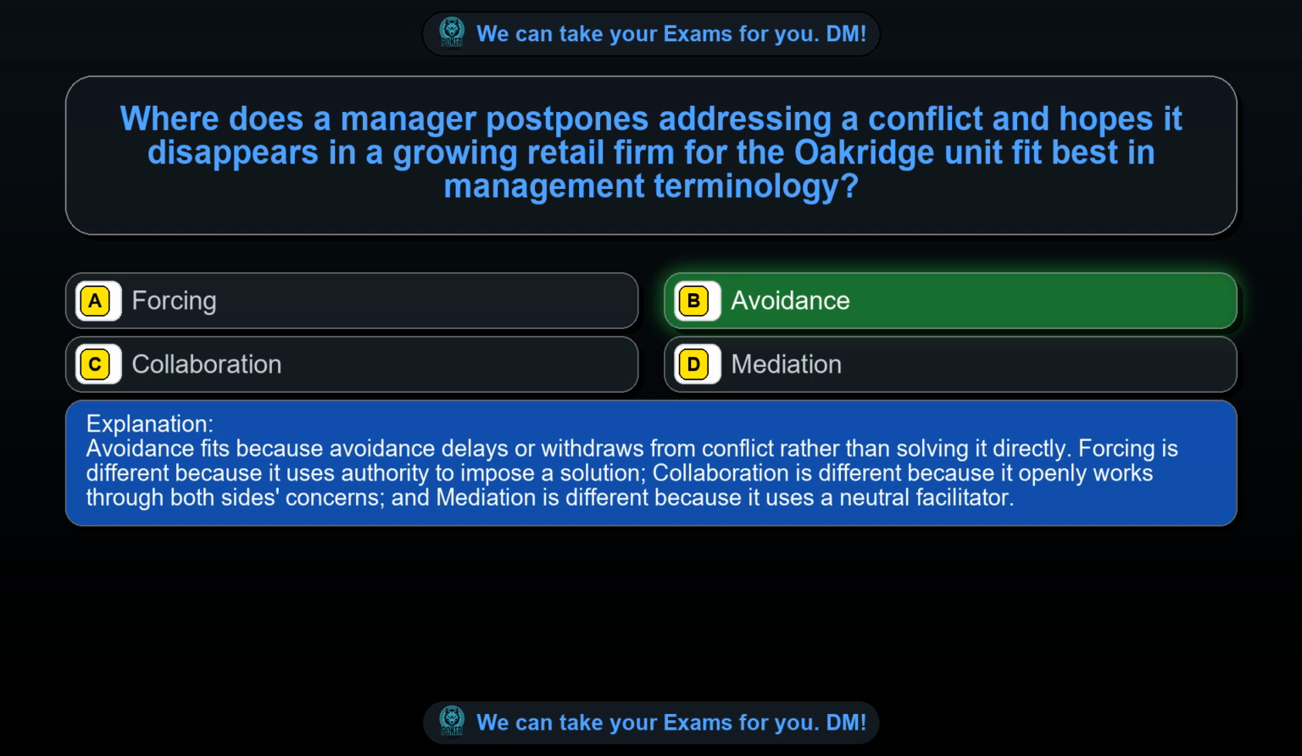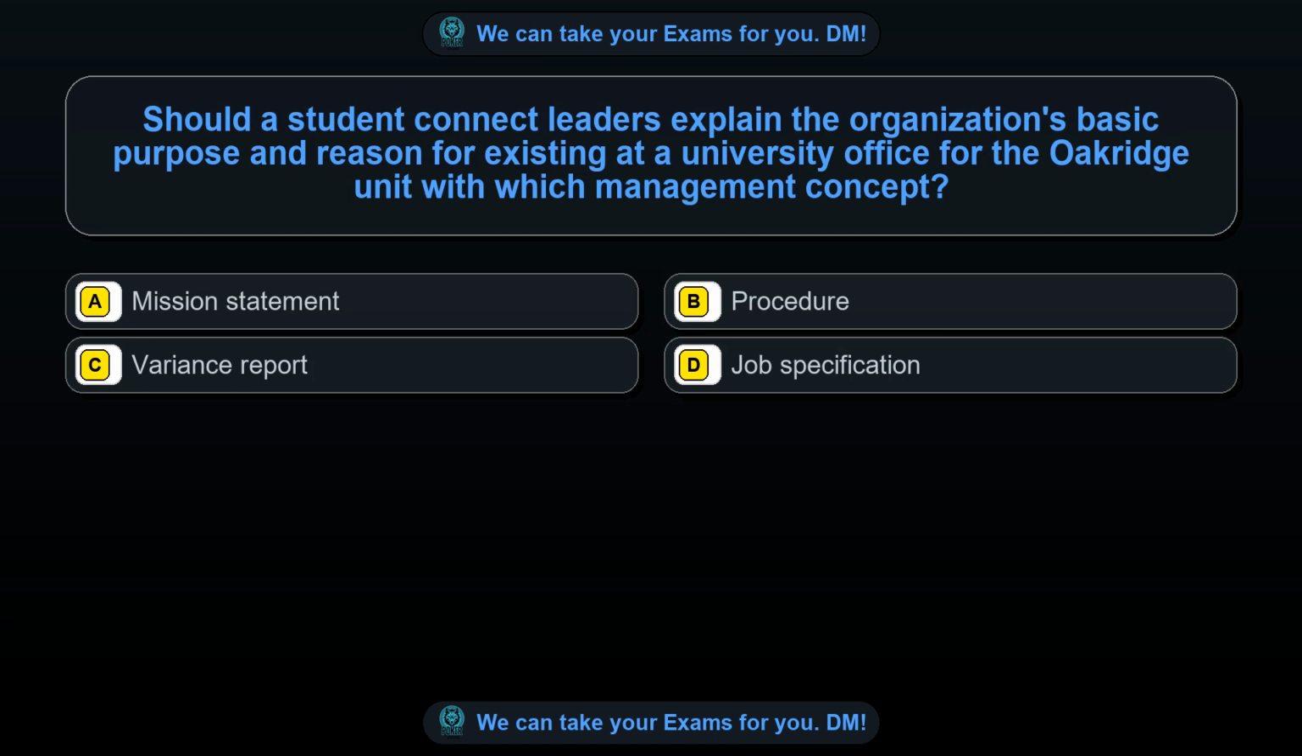Avoidance fits because avoidance delays or withdraws from conflict rather than solving it directly. Forcing is different because it uses authority to impose a solution. Collaboration is different because it openly works through both sides' concerns, and mediation is different because it uses a neutral facilitator. Question 31. Should a student connect leaders explain the organization's basic purpose and reason for existing at a university